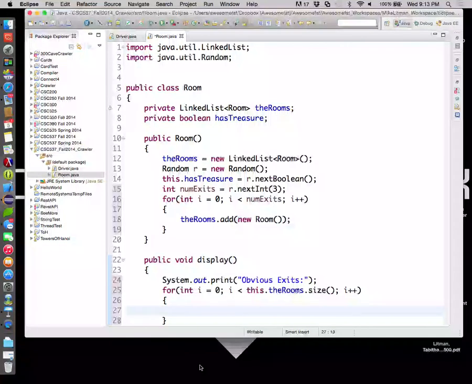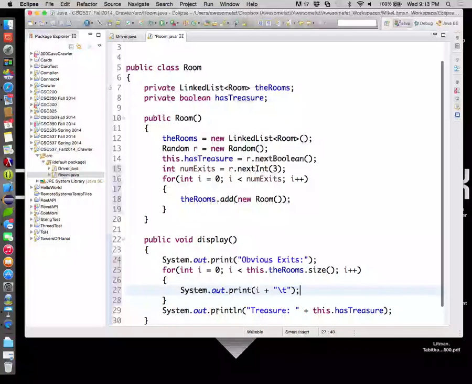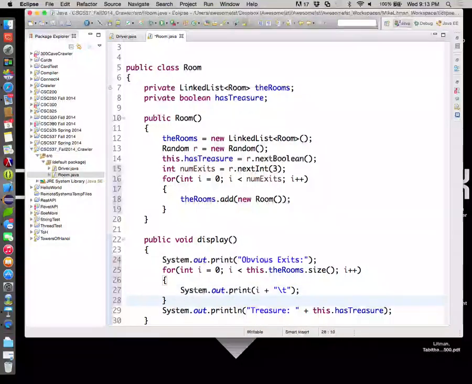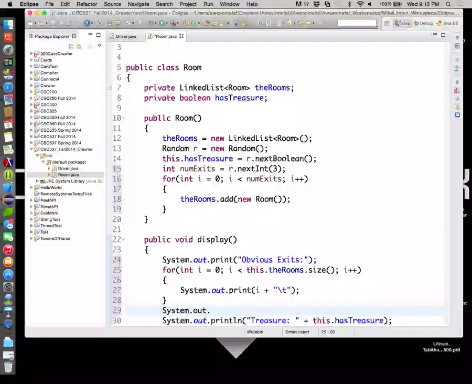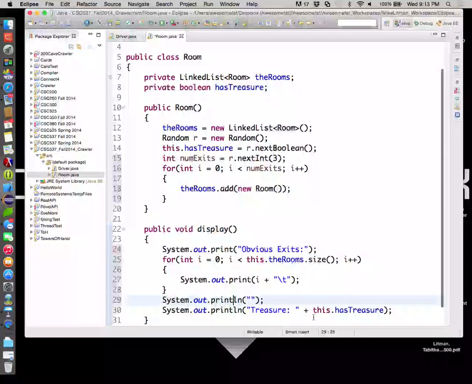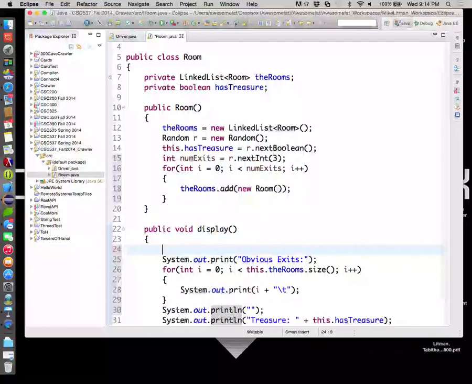So each time through, we're going to do a system.out.print of i concatenated with, we'll throw a tab in there to look reasonable enough for us. Okay, so that'll be our obvious exits. Then we'll go ahead and kick it down a line. And then we'll say whether or not it has treasure. Okay, so this is a room displaying itself. And actually, if we want to make it look extra fancy,